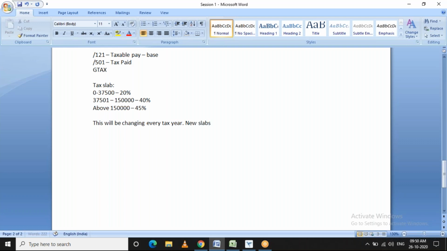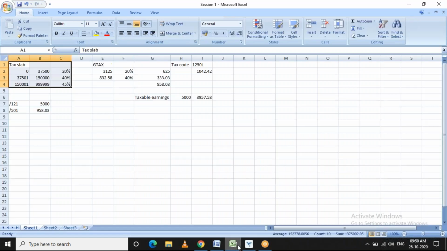New slabs will be updated in the SAP backend table as part of the legal change released in the month of December. Okay, every year. Clear on the tax slab now?